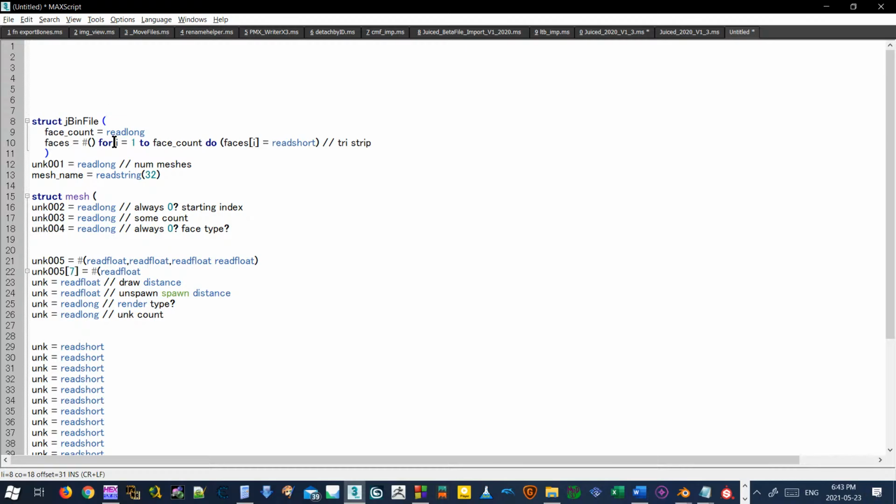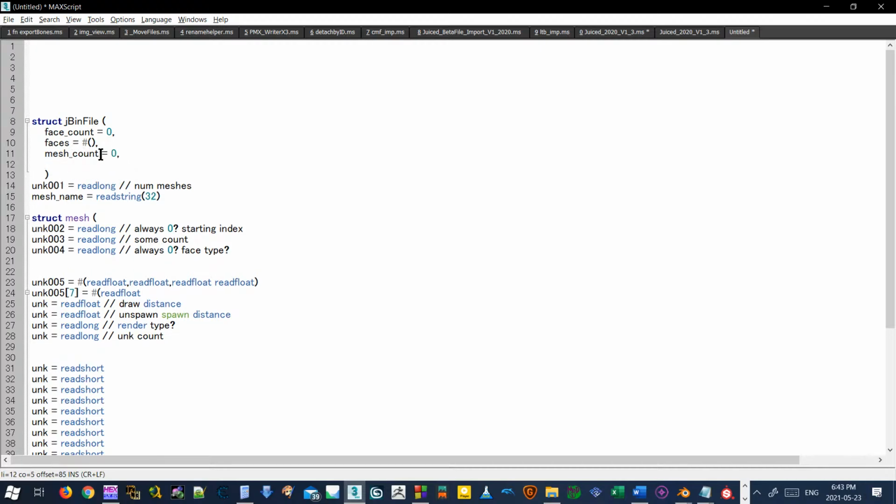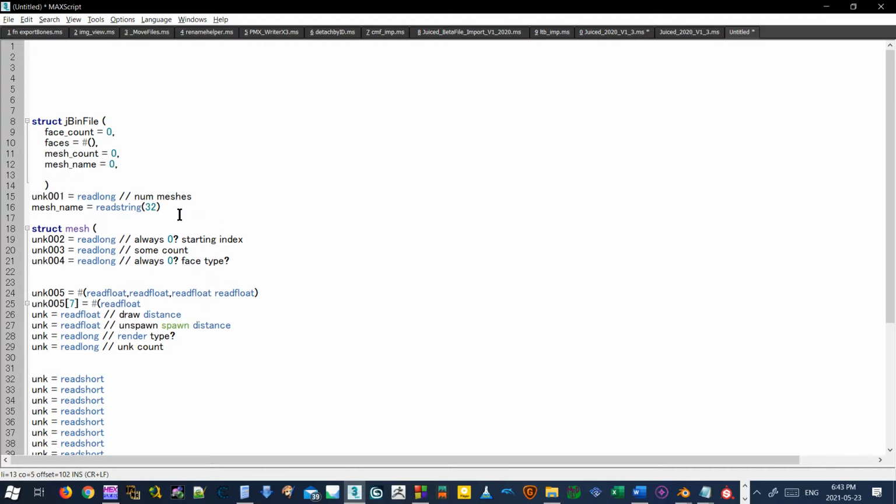Okay, so in here we have the face count, number of faces, number of meshes. So we'll call it mesh count. We have the mesh name,